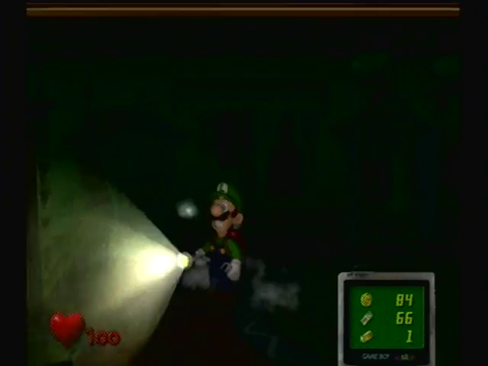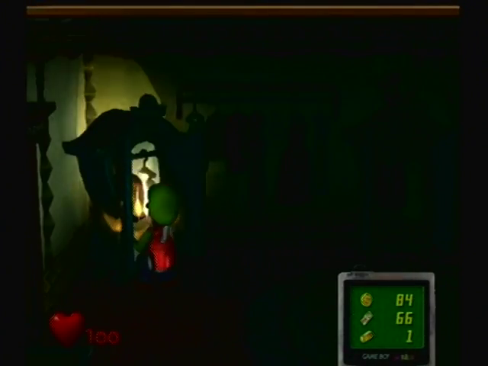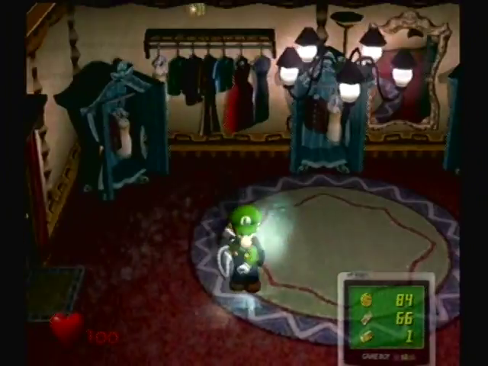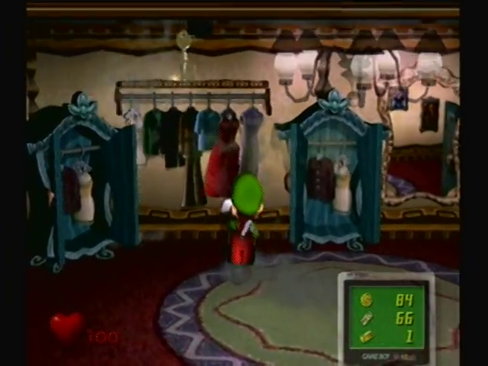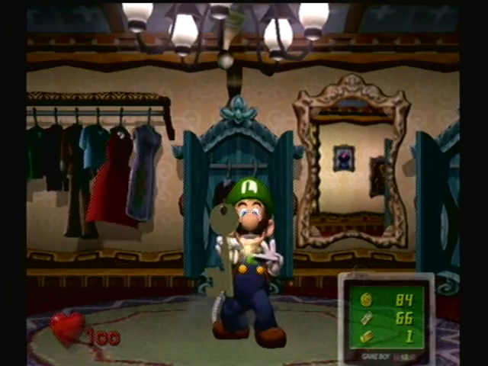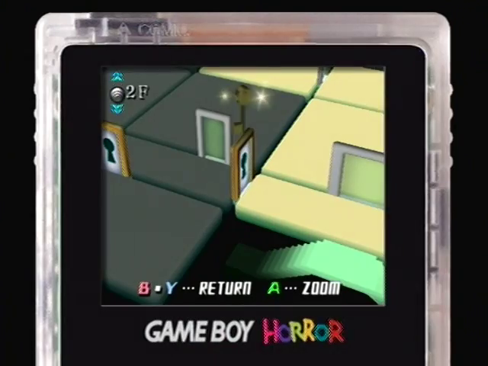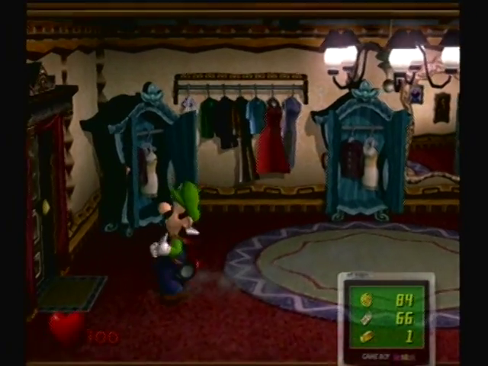But anyways, wondering why the room's not cleared? You gotta check this last closet to find this guy. And that will clear the room. And if you're wondering how you get that key, well, it's obvious, just vacuum it down. And that will lead to that room we tried earlier. But now when we go outside here...